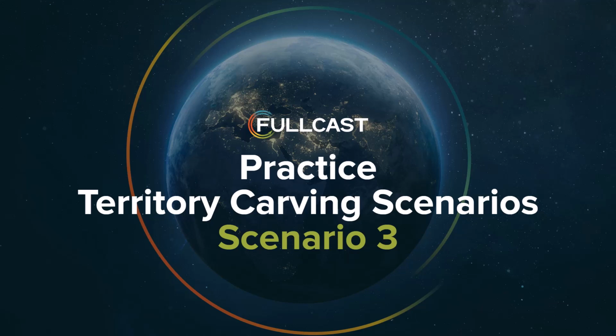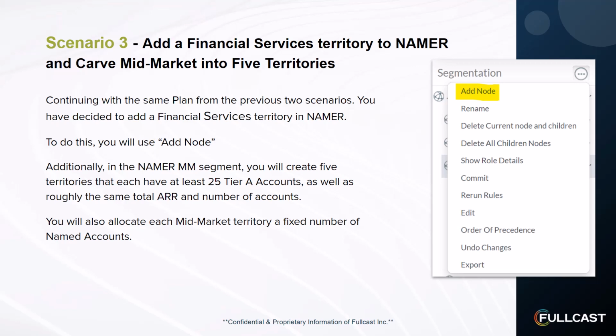In this video, I'm going to walk through Scenario 3 of the Fullcast Practice Territory Carving Scenarios. Here's the scenario. We are continuing from the same plan from the previous two scenarios. You have decided to add a financial services territory to Namer. To do this, you'll use Add Node. Take a look here at the picture on the right to remind yourself about where you can access the option